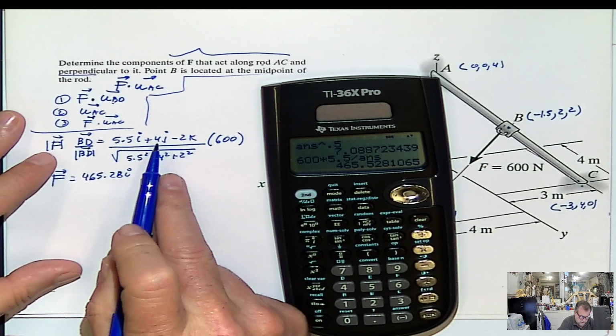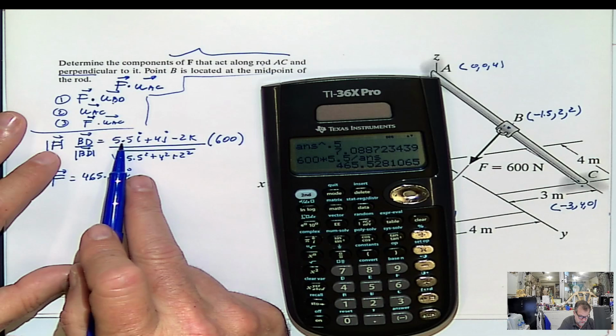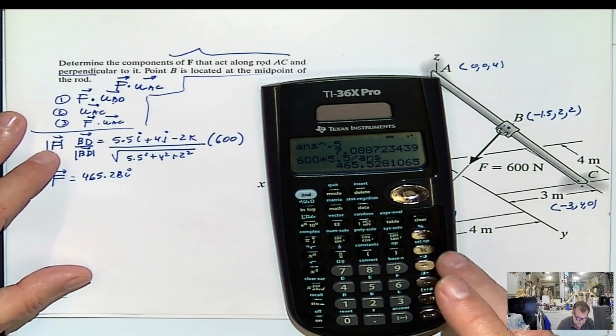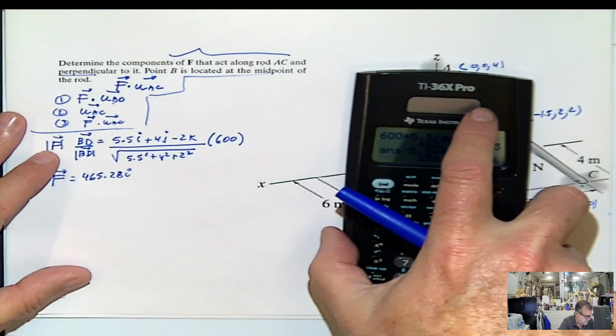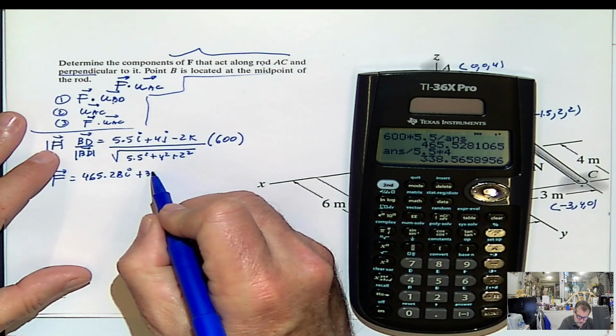Now this is 4, but the rest is the same. So I divide by 5.5 and multiply by 4. You do it whatever way you want, okay? This is just for saving time of doing this. Plus